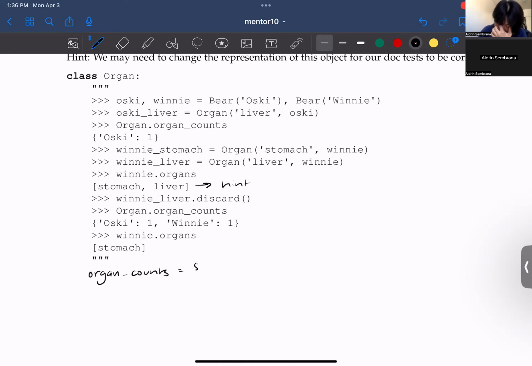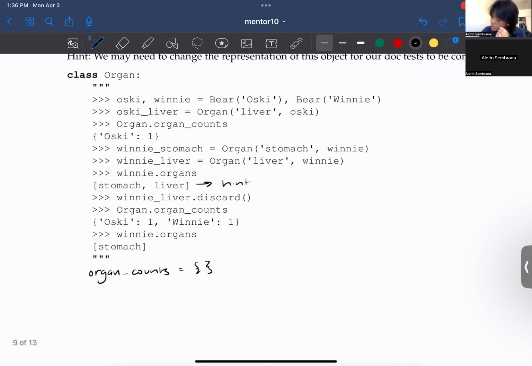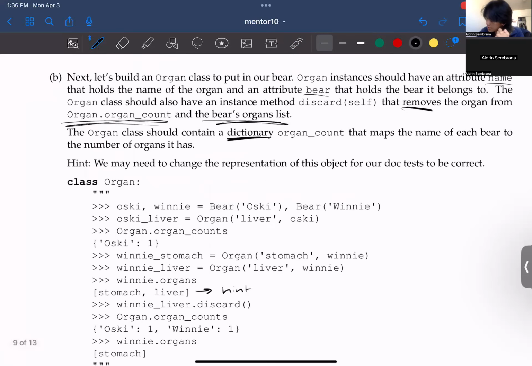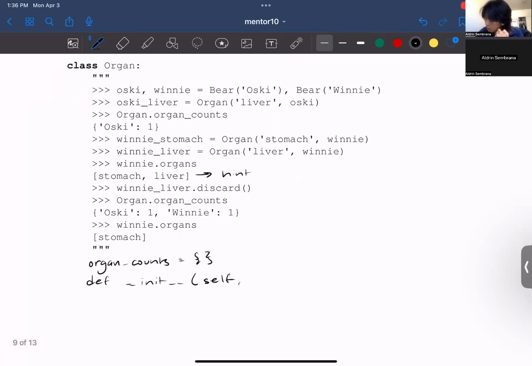This is going to be an empty dictionary. And then after this, we want to define how we want to create an organ object. So def __init__, and then we have self. It takes in the name of the organ and the bear that it belongs to. And then we want to assign self.name to name, and then self.bear